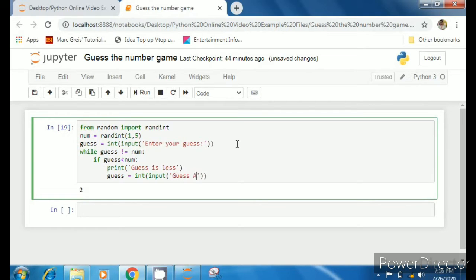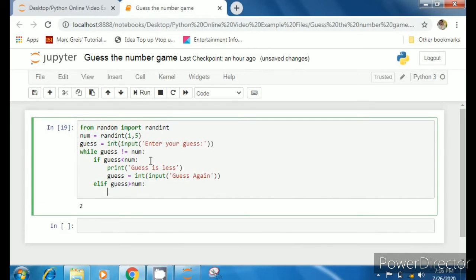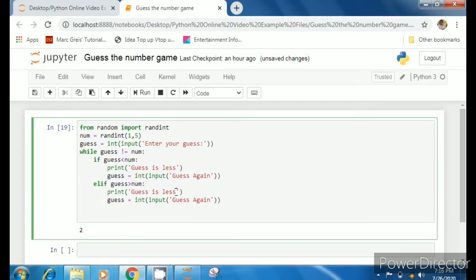And another condition will be if guess is greater than num. So I'll write elif, else if guess is greater than num. Let me copy paste this to skip some typing time here. Control C and Control V. Guess is high. And again, even if guess is high, I want him to play again.